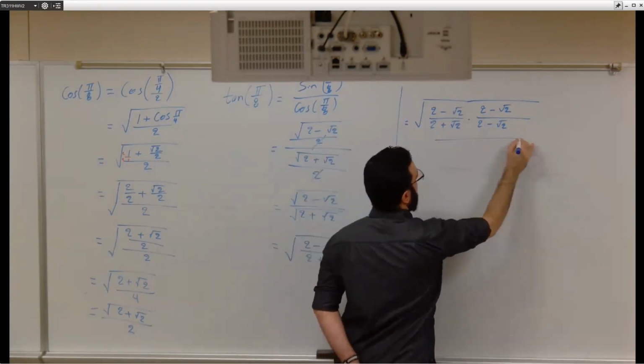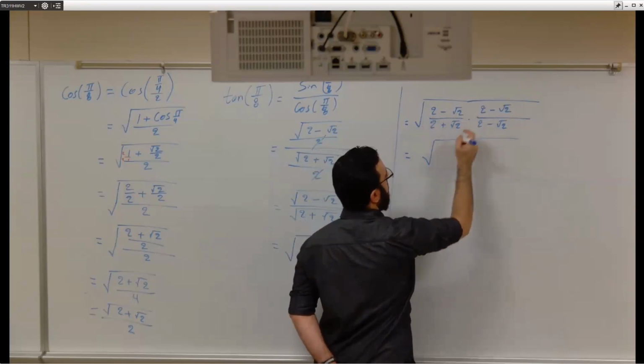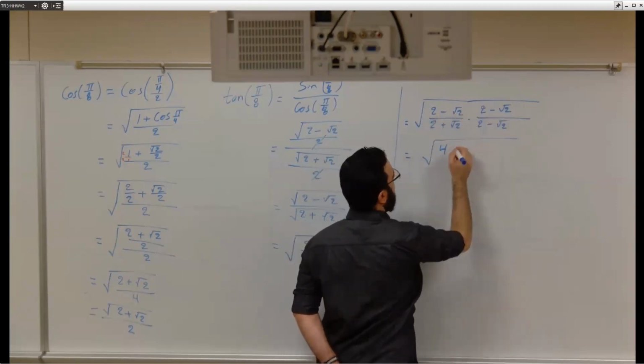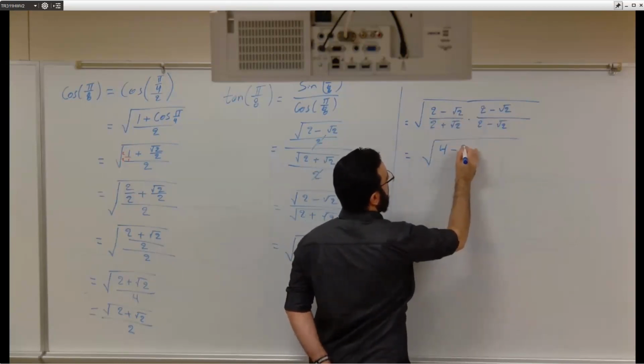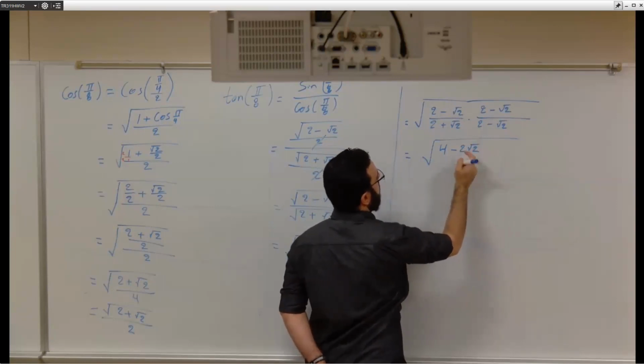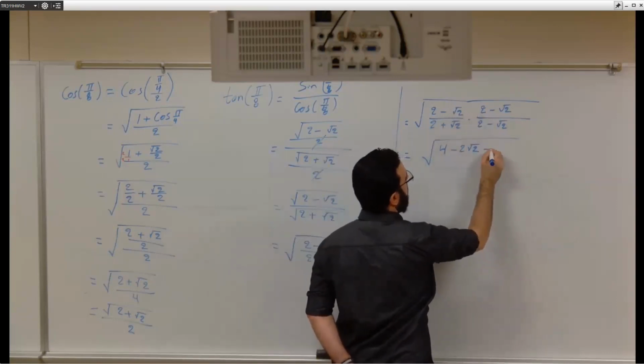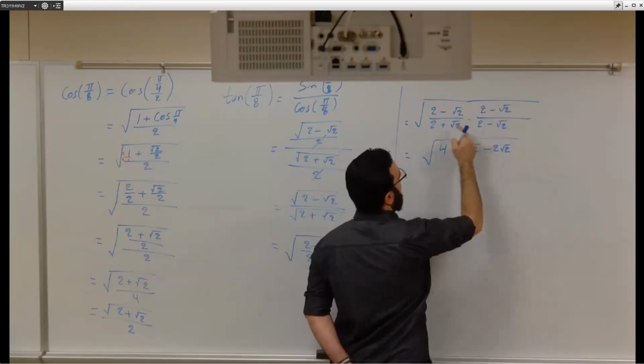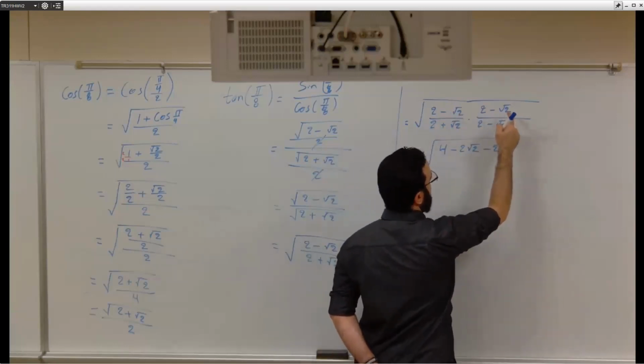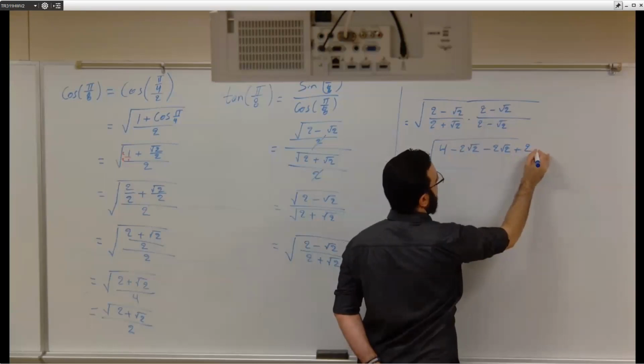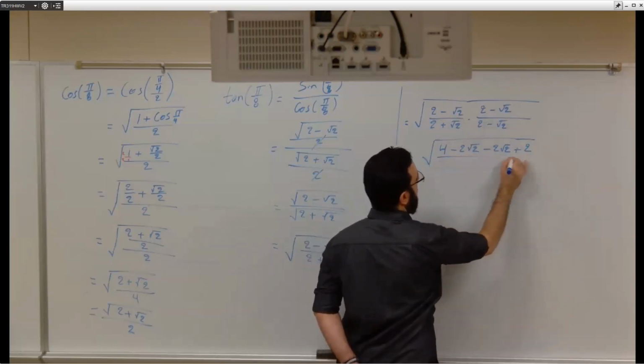So it's going to be 2 times 2, 4; 2 times negative square root of 2, minus 2 square root of 2; negative square root of 2 times 2; and negative square root of 2 times negative square root of 2, so it's going to be plus 2. And everything divided by